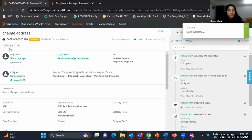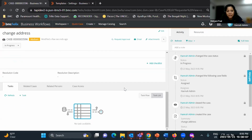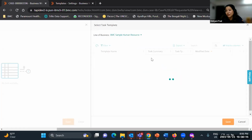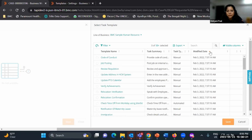Yeah. Now it's in progress. Now, in this case, just assume that Sharon has asked for a change of address. And as part of the request, while Hannah is resolving it, Hannah also wants to create an ad hoc task, because right now there is no task, but she wants to assign a to-do to Sharon, telling her, hey, you may also need to know how to change the address in your insurance policy. So in that case, I will just